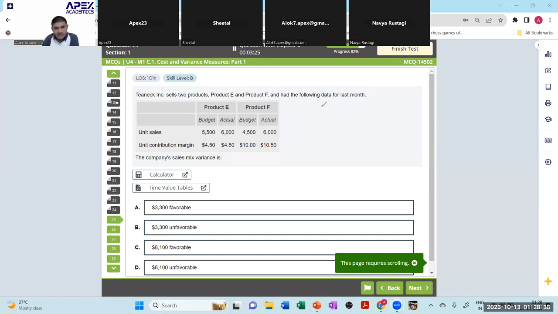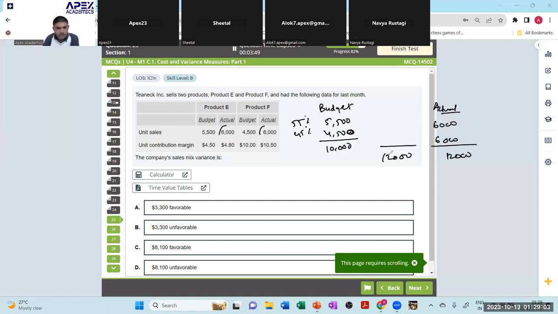तो बजट में क्या है, 5,500 और 4,500, ये कितना है, 10,000। मतलब ये 55% हो गया और ये 45% हो गया, स्टैंडर्ड मिक्स। एक्चुअल कितना है, 6 और 6, ओके। कितना हो गया ये, 12,000। तो 12,000 मल्टीप्लाइड बाय 55%, 6,600, और 12,000 मल्टीप्लाइड बाय 45%, 5,400।